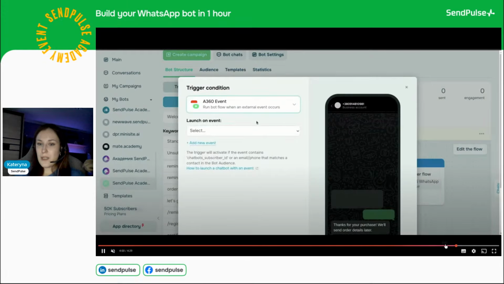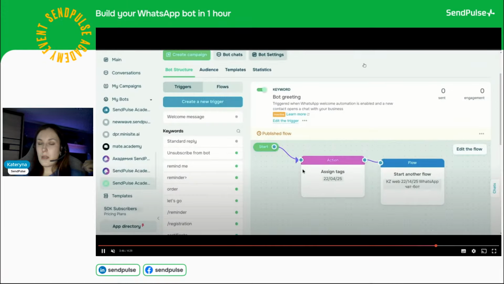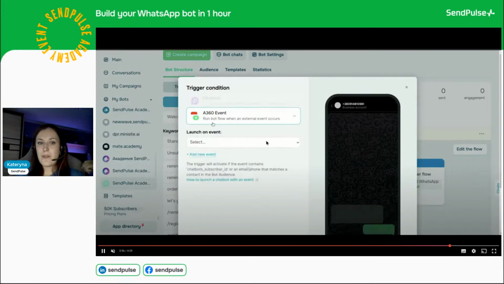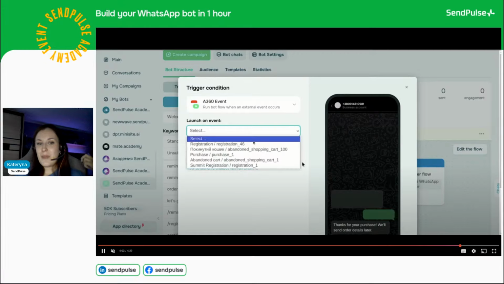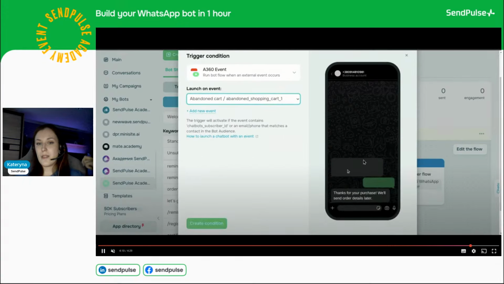Speaking about triggers, you may also create your custom trigger here by clicking a new trigger. You may either create it by keywords or use an A360 event, which we will add a bit later while creating abandoned cart. As I'm showing here, it will be a trigger condition for abandoned cart. We will talk about it a bit later. Right now,